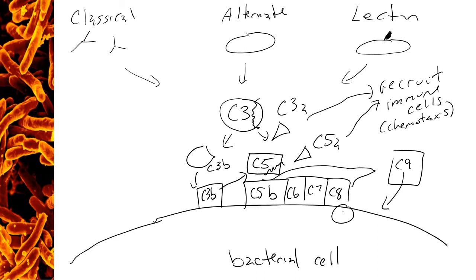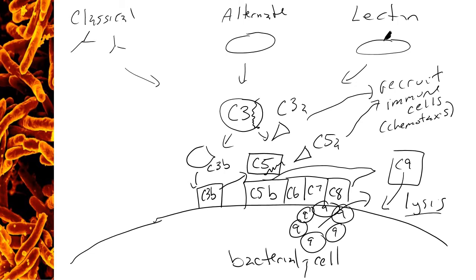So C9 actually recruits multiple subunits, and they form this pore in the cell. So they actually punch a hole right through the cell, and what happens is all of the cellular contents from inside now spill out, and that's going to lead to lysis of the cell. So you can think of C9 as physically poking holes in the cell membrane, in the cell wall of the bacterial cells,